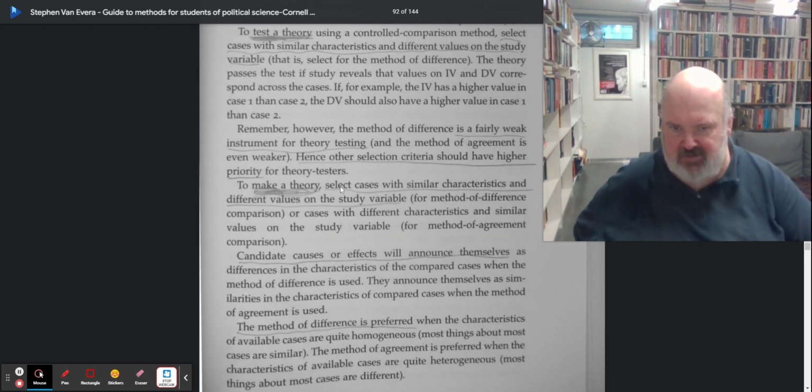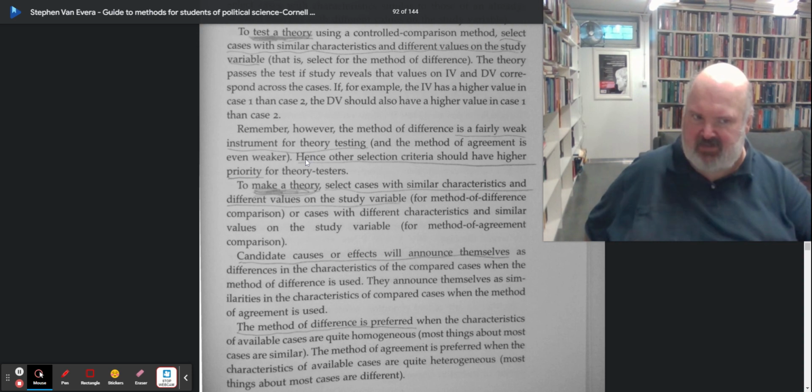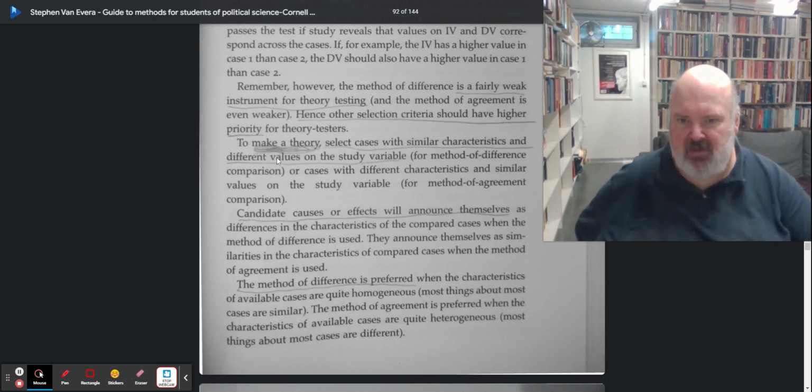To make theories, select cases with similar characteristics and different values on the study variable. So therefore, he's saying that this is not a good theory, that this approach, even if you're using it, is still not the best approach to making a theory. You can do it, but it's a weak test. To make a theory, select cases with similar characteristics and different values on the study variable